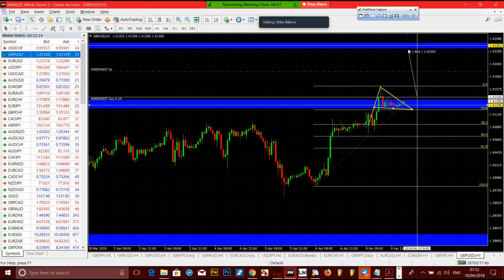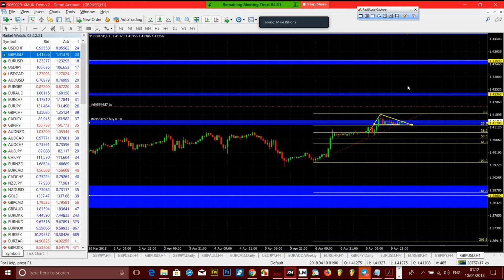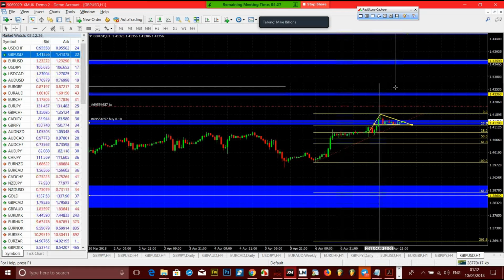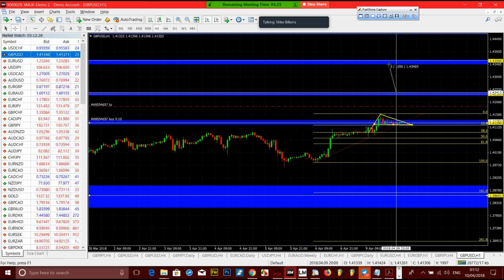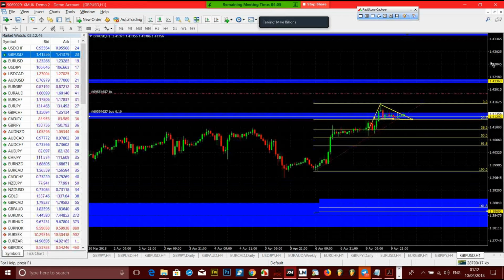Yep, from here. If it peradventure breaks this zone, I need to wait also to see another pullback before I can jump in. And again, once it gets close to this level, I'm out. I don't have to wait, even though I know it's going to give me 100 and probably to this level, it's going to give me 115. I may just come out at maybe even 100. So that's how I do it. So that's if the bullish is going to win this trade.